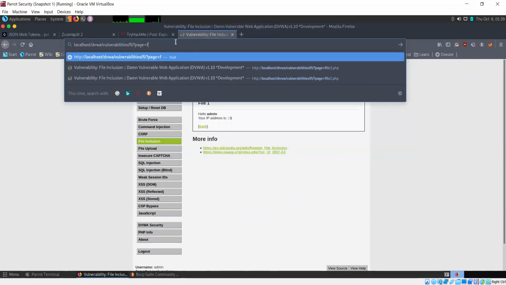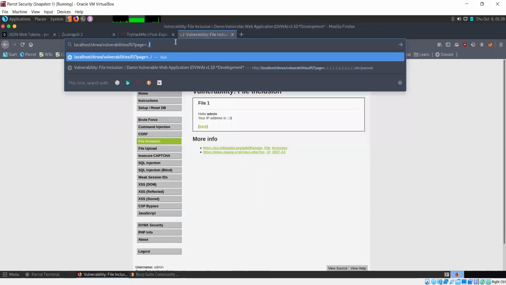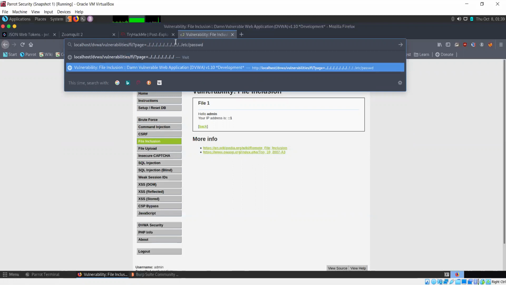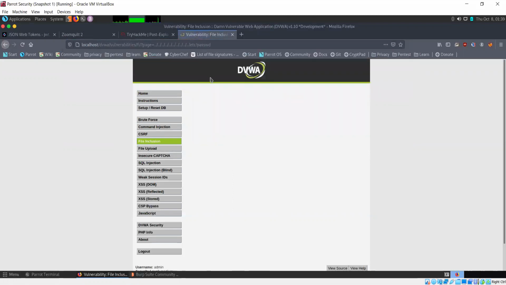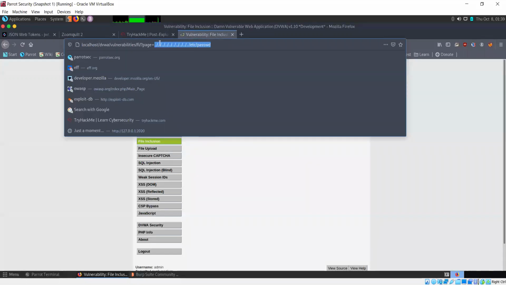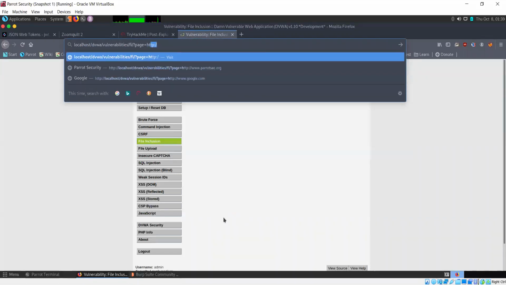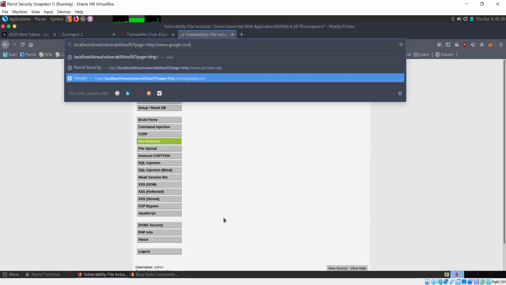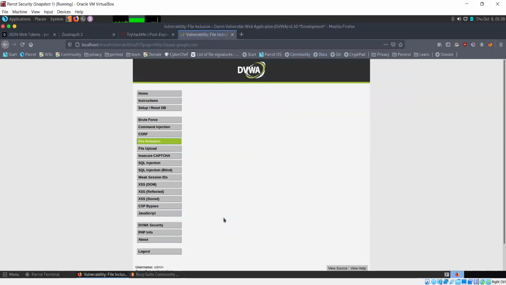Instead, let me try etc passwd. So that does not work now. Let's try something else. Does this work? No, this will not work either. So let's see what changes have been made to the source.